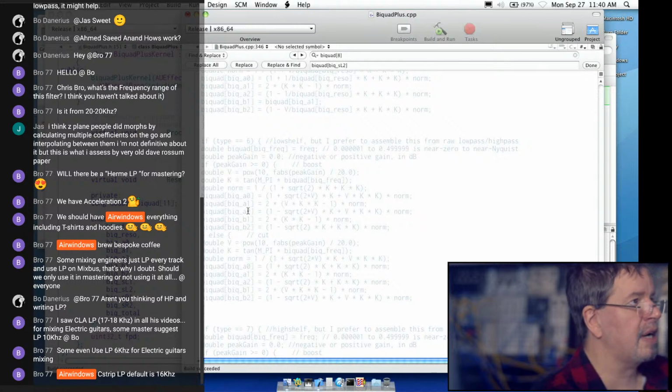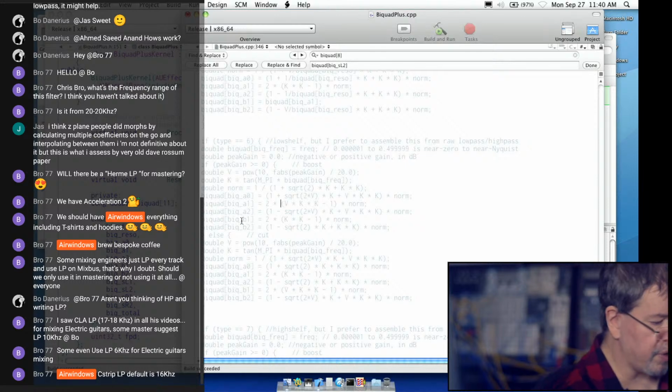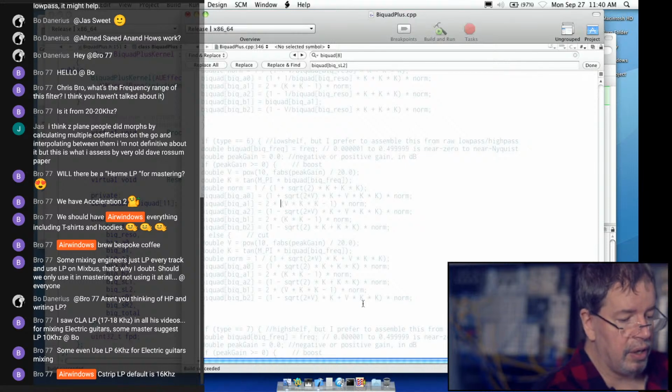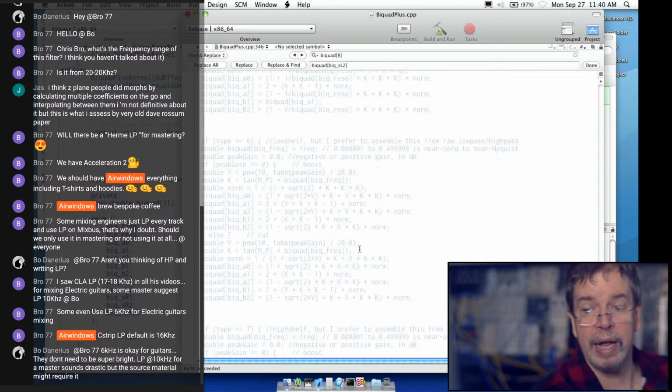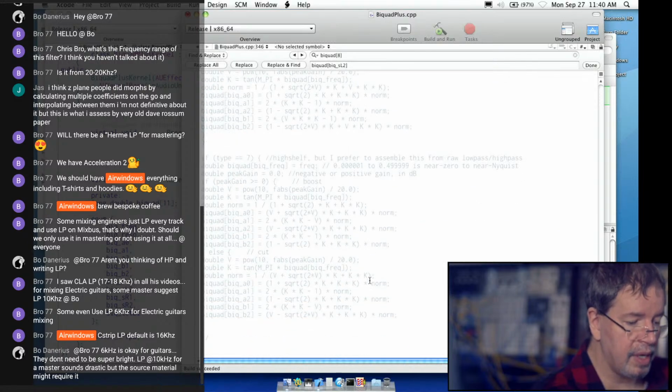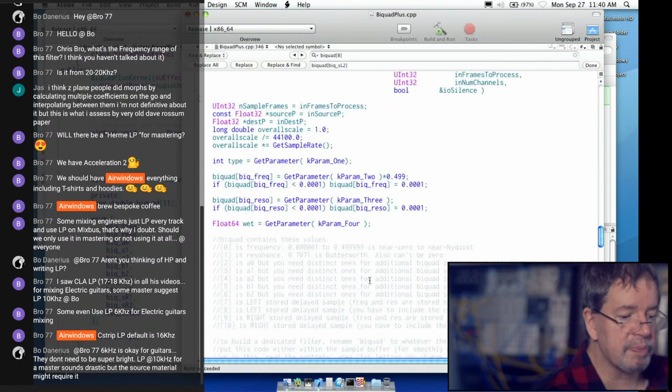A is, I believe, the immediate coefficient, and B is the delayed coefficient. So if you start fooling with the gain on the delayed coefficient, you're doing a cut. And if you're fooling with the gain on the direct coefficient and not touching the delayed coefficient, you get a boost. And I don't know what happens if you do both. Maybe that'd be something to play with someday. We can dive into this stuff and experiment like mad.